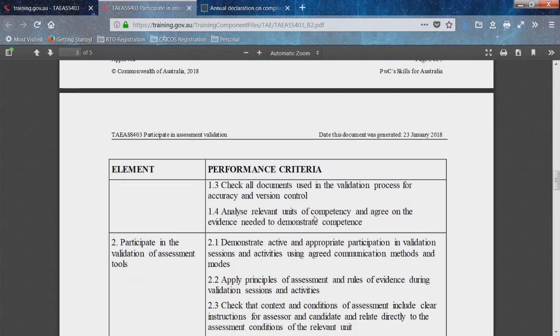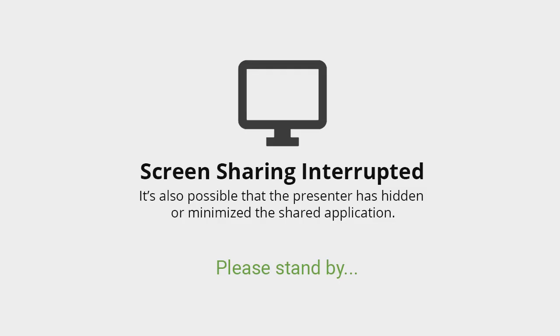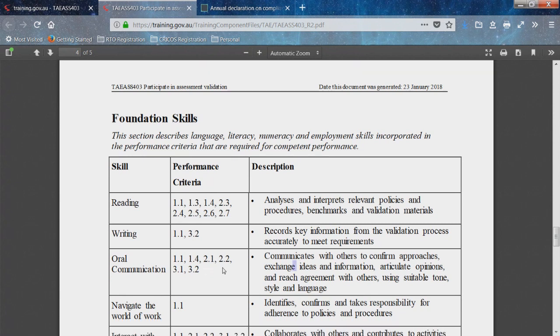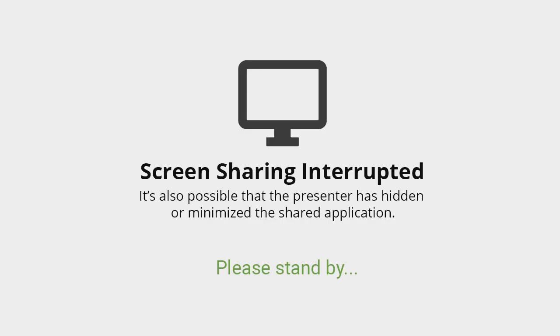And this is the area where I was talking about, where we're finding the majority of the non-compliances when we're validating assessment tools: foundation skills. What I'm finding is auditors are really targeting this when they go to audit, because there's still a lot of assessment tools out there, purchased ones in particular, where you buy them from a publisher, not addressing the foundation skills. So they don't have sufficient evidence in their assessment tool that the student has these foundation skills. In particular, it is oral communication. We're finding a lot of non-compliances in assessment tools where they don't have a mechanism in place to collect evidence